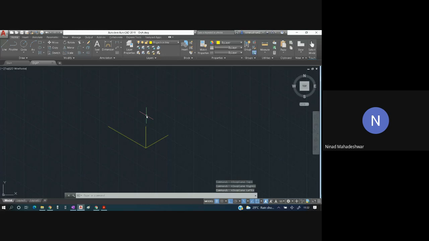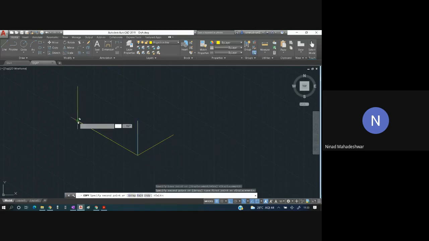Now we are going to draw the entire box over here. One of the most versatile commands which we are going to use is the copy command or move command, which is very much useful in drawing isometric projection. Now you have three axes with you. I'll select this z axis, which is of length 50. I will copy. This is the base point, and I have to copy this over here, so I'll click it over here.